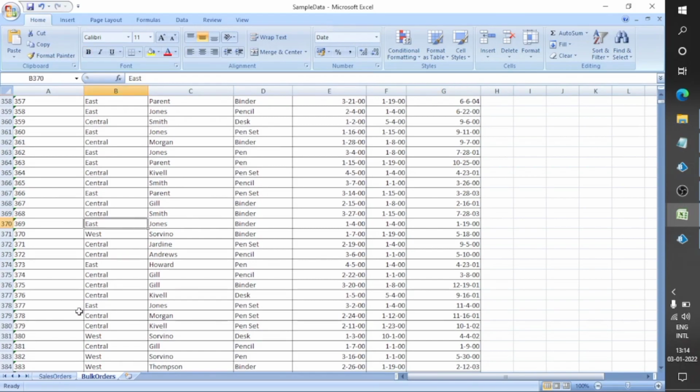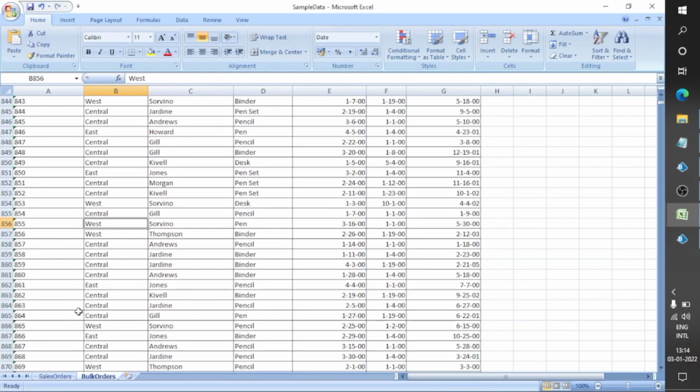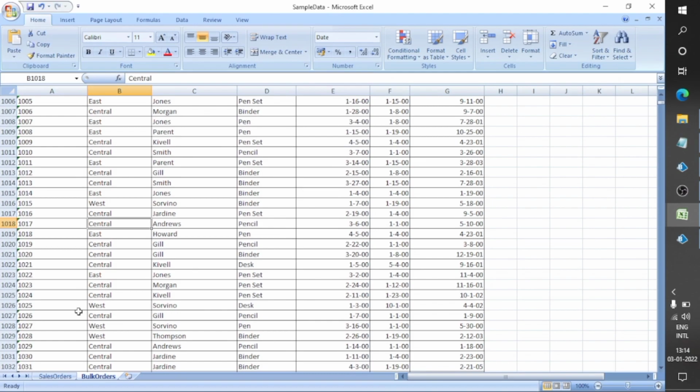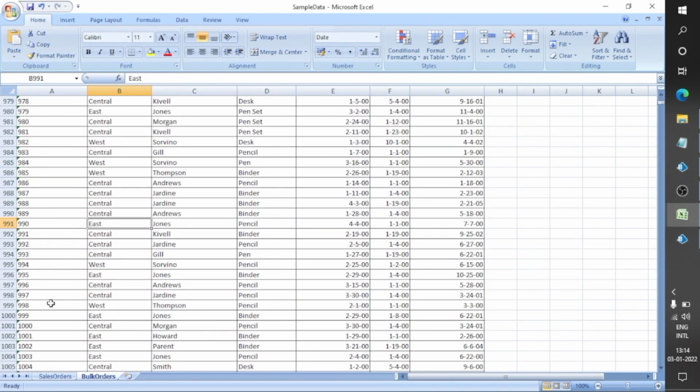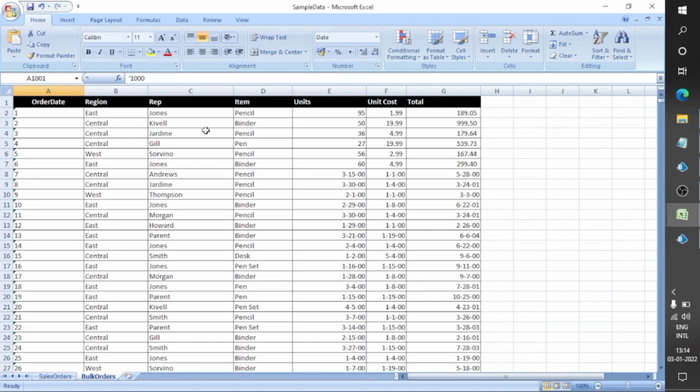Every time we need the header in our collection, because for processing purposes we need these column names.